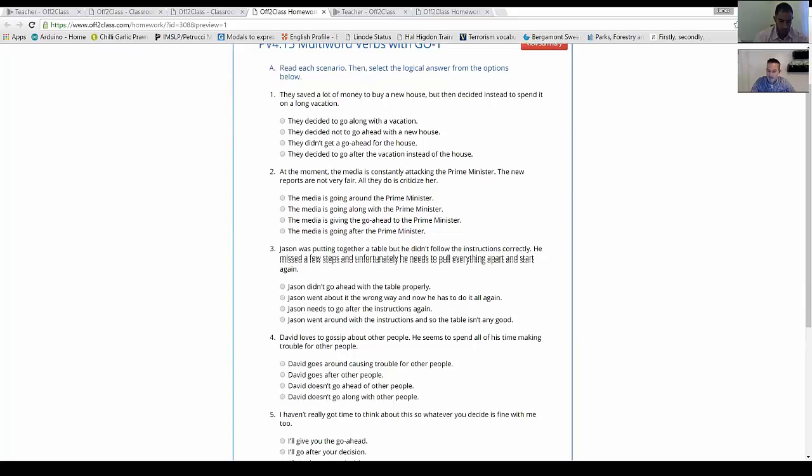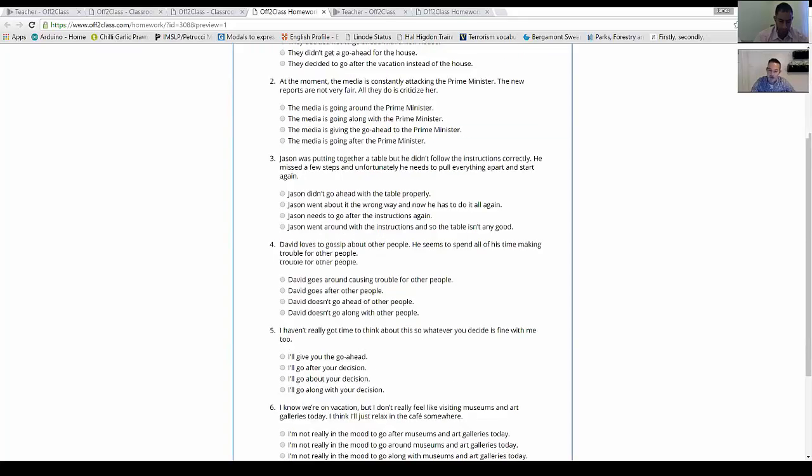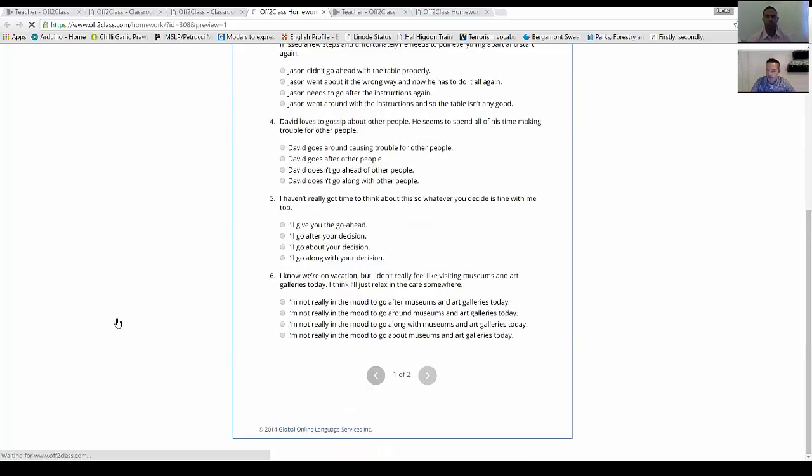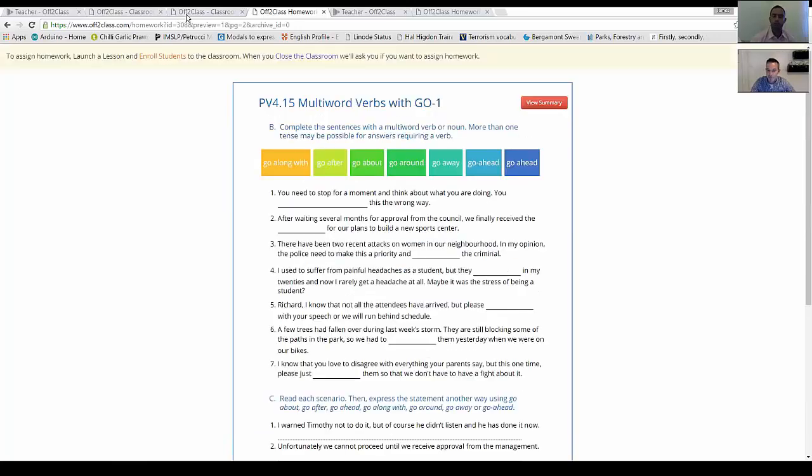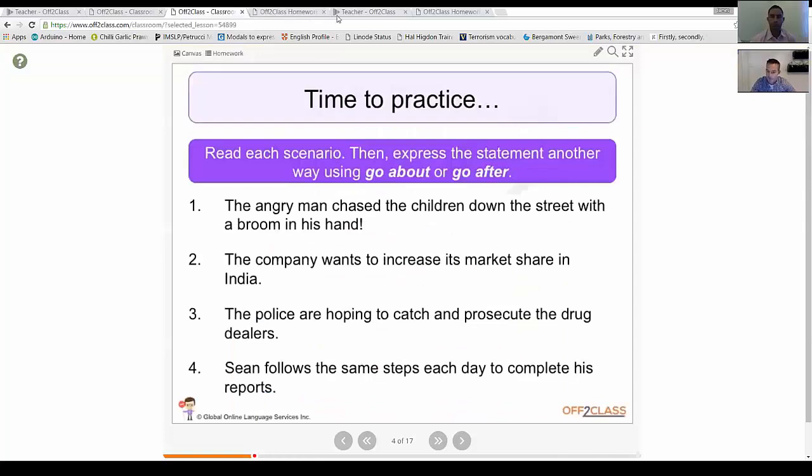Then we've got a gap fill and hopefully a reworking where the students need to read the scenario and then express it another way. Again, all of these terms that are used in the homework have been shown hopefully previously in the lesson material. So we've built homework for phrasal verbs that comes directly from the content in the lesson. Nothing should be a surprise, and it should act as a good reinforcement there. So that's essentially how I approach phrasal verbs and the grammar that I think is important, mostly for teachers.